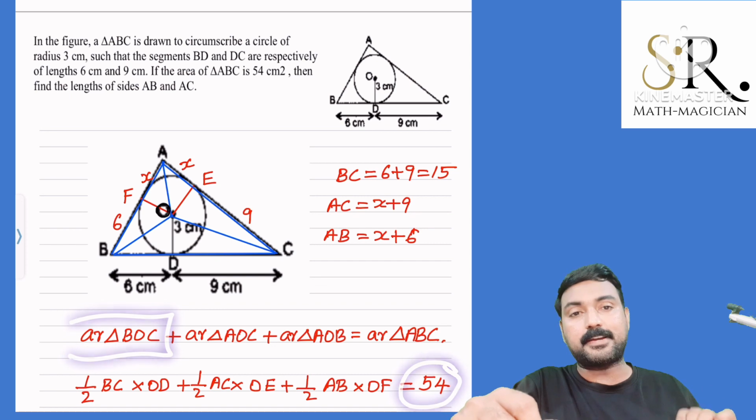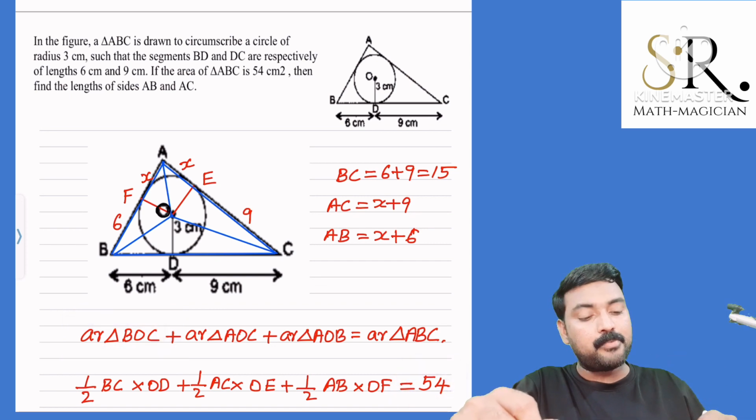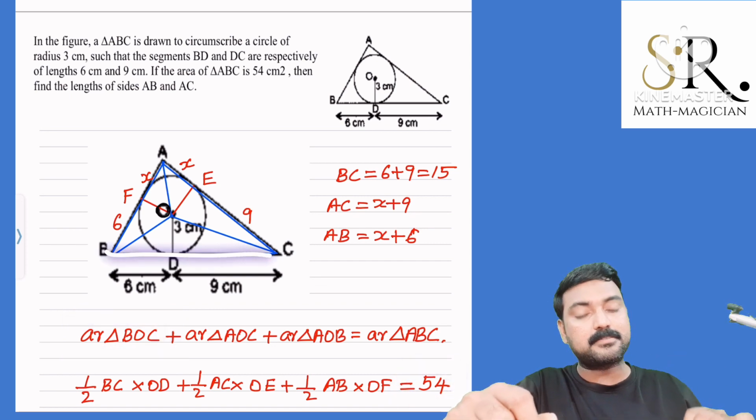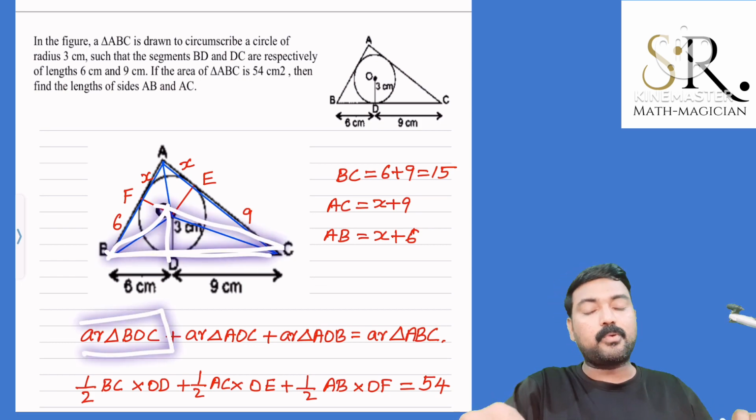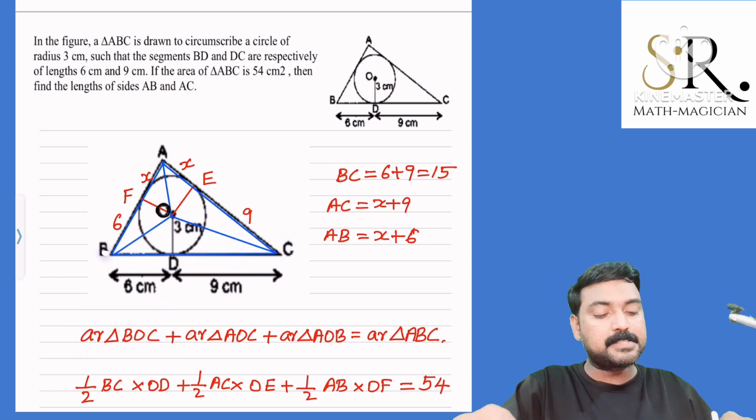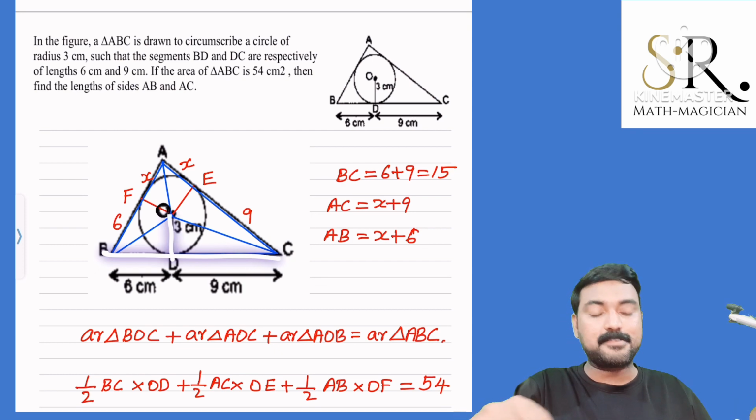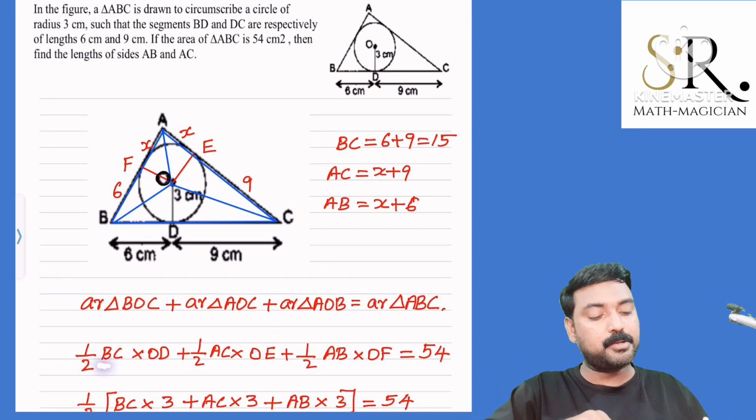How to find the area of a triangle? Area of a triangle is half into base into height. Triangle BOC is here. What is the base? Base is BC, height is OD. So we get half into BC into OD. Similarly, area of triangle